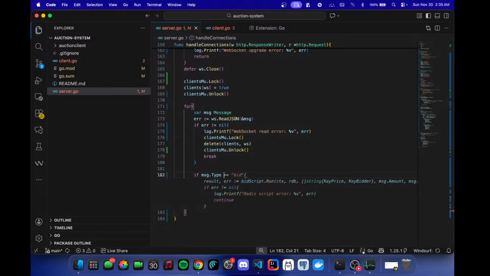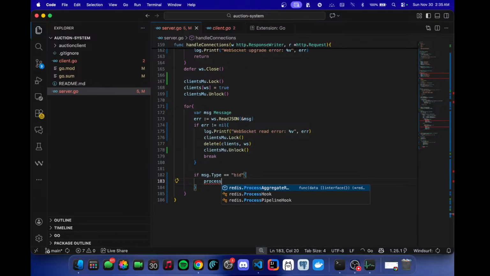msg.type equals bid. Then we need to do process bid msg. We'll be doing the process bid afterwards. Else if msg.type, because if we actually implement the specific function in this if-else block, it would be a massive disaster,